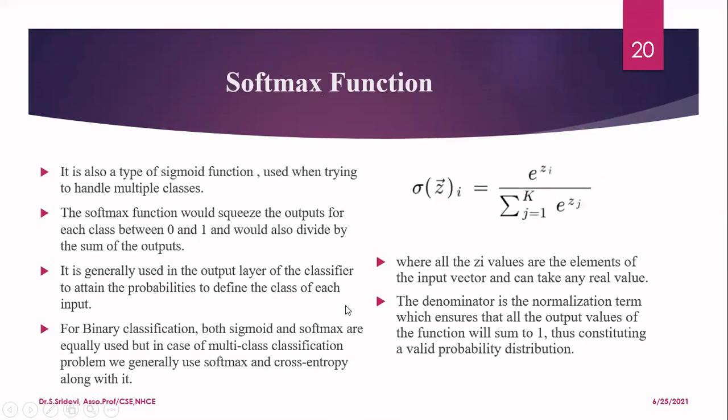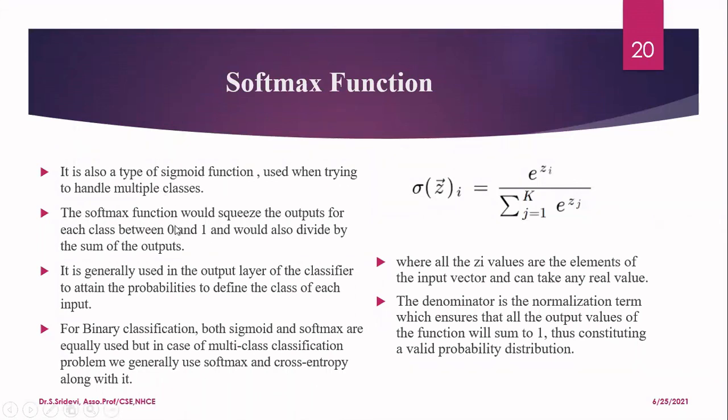Okay. And the next function is called the sigmoid softmax function. This softmax function is a very important function to handle multi-class classification problems. Whatever we have seen so far is used for binary classification problems. When you go for a multi-class classification problem, like I have a data set which contains 3 different animals, cat, tiger, and lion, and I want to predict them, in that case I have more than 2 classes. In that case, I need to use only softmax. I cannot use sigmoid or other things.